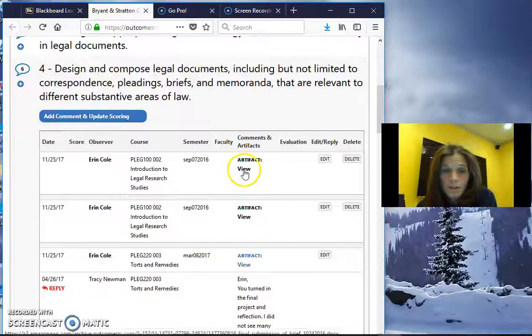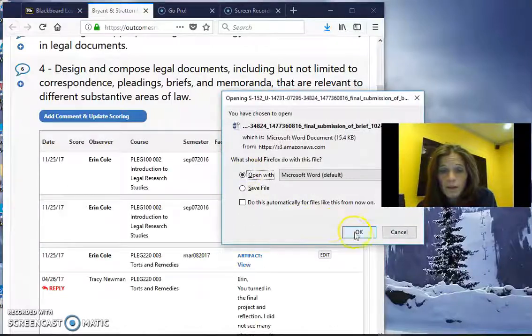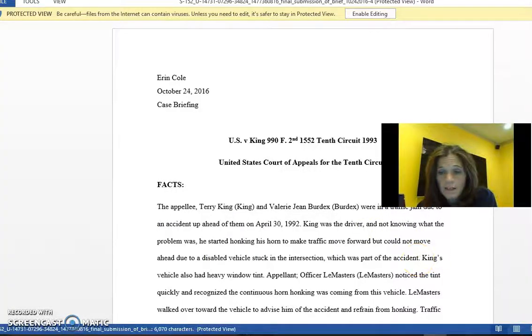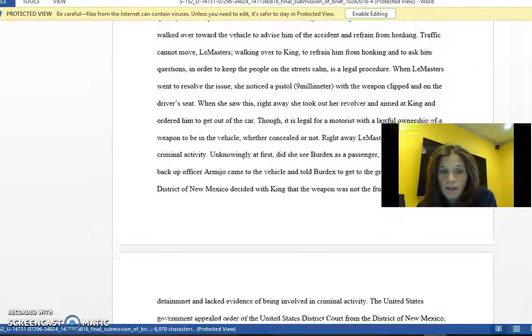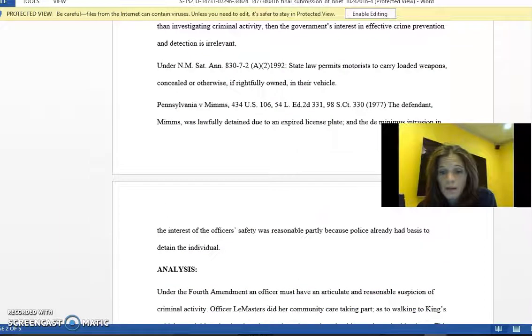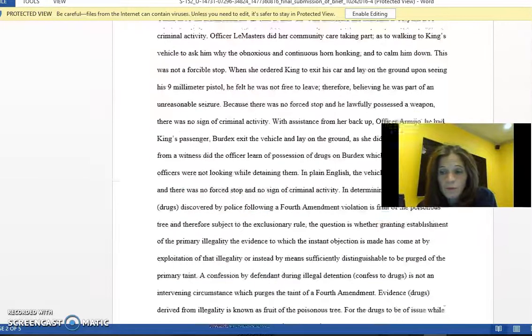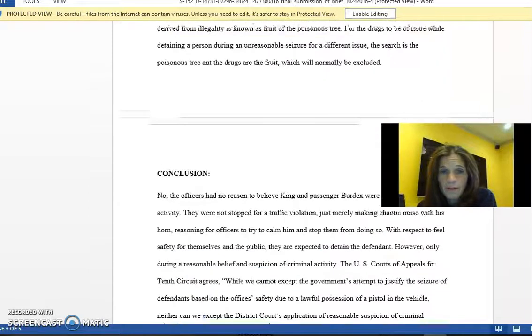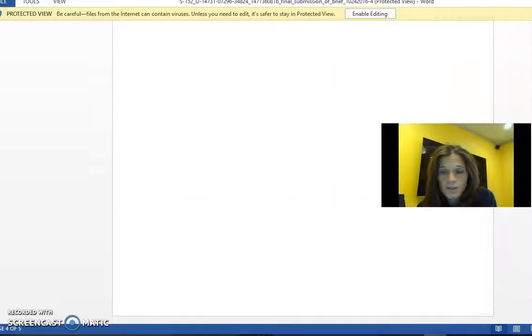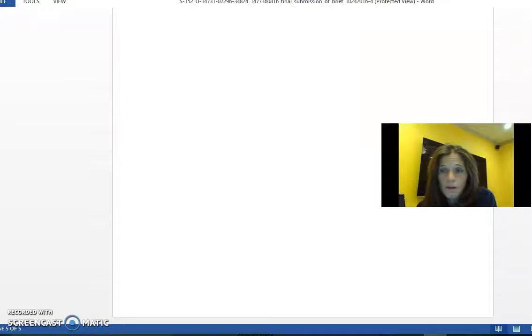I also did my first case briefing, which uses the FIRAC method. It's known as the facts, the issues, the rules, the analysis, and the conclusion of a case on how the court has decided on the case. Usually this happens when it gets appealed and goes to a higher court, and then they rule over it. And here I had the analysis and the conclusion that in the disposition it was affirmed, the higher court agreed with the lower court on that case as well.